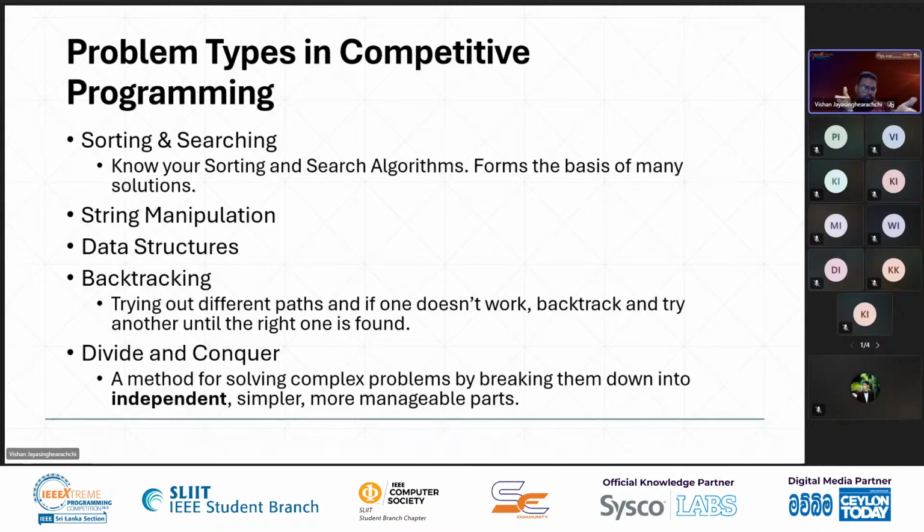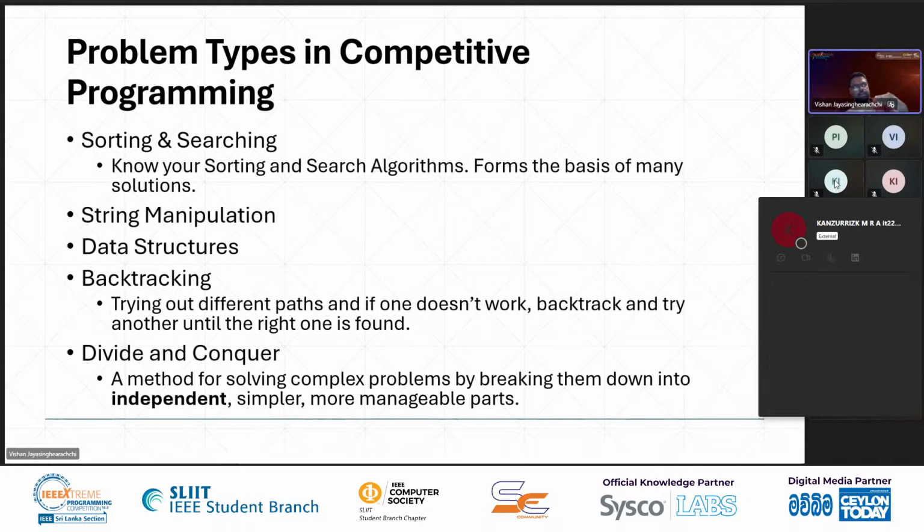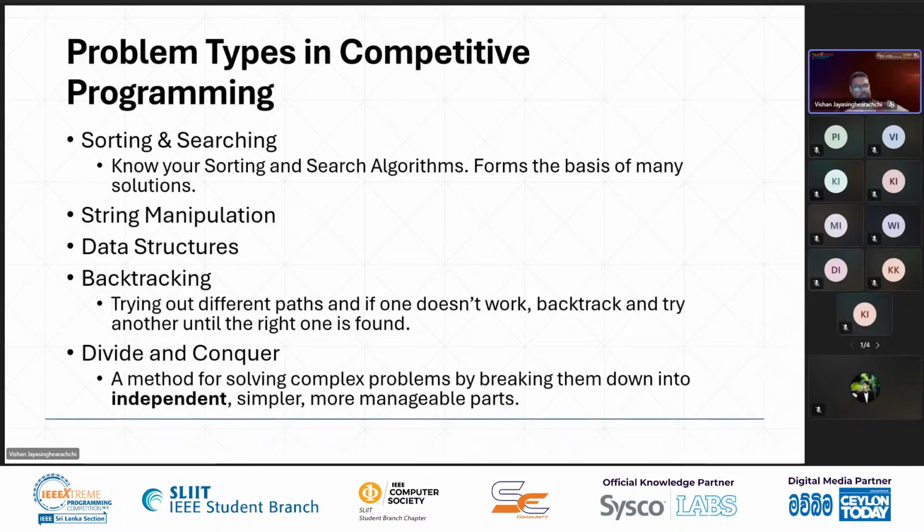Then there will be challenges like backtracking and divide and conquer. Backtracking simply means iteratively trying out different paths in your program, and if one doesn't work, you take a step back and take the other path and finally find the path that works. So one simple example I can give here is